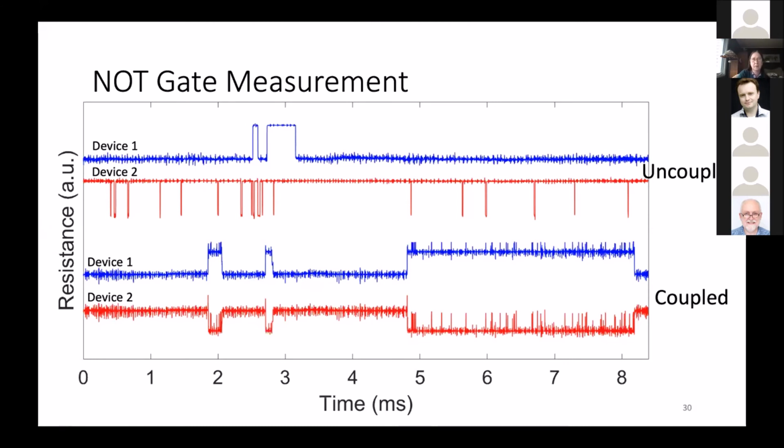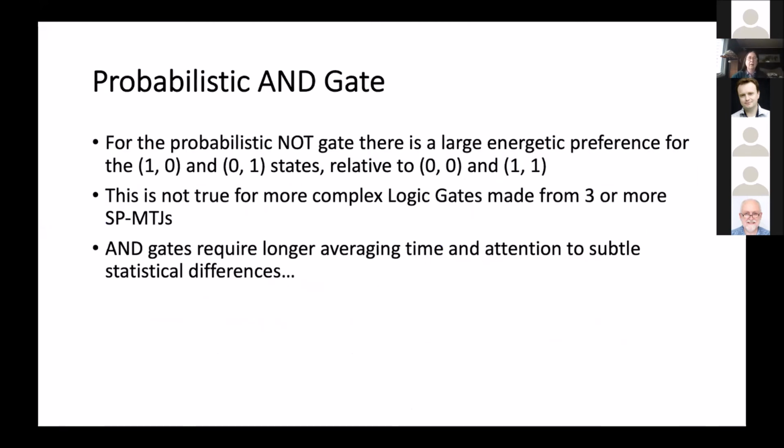It's almost deterministic. However, the big challenge for probabilistic computing is that the other gates are not anywhere near as close to being as deterministic. It's a much more statistical process, and it has to do with the energetic preference. And so let me,